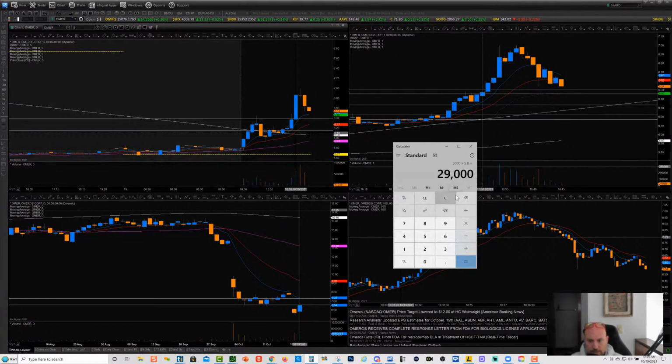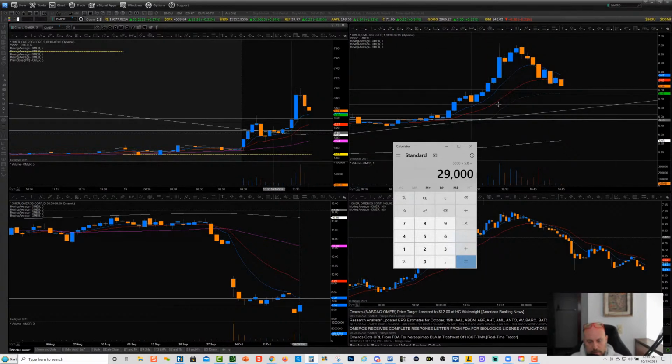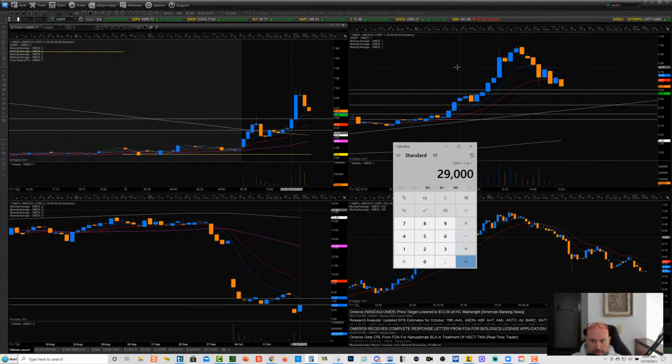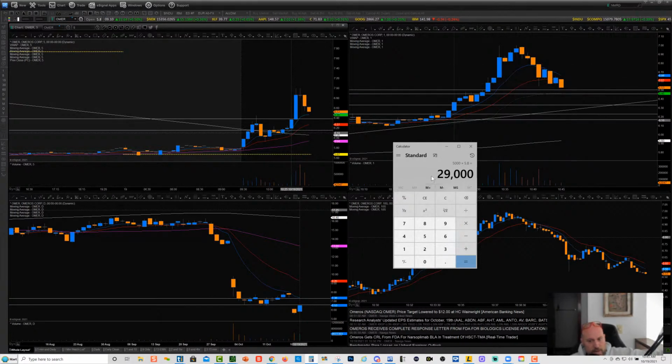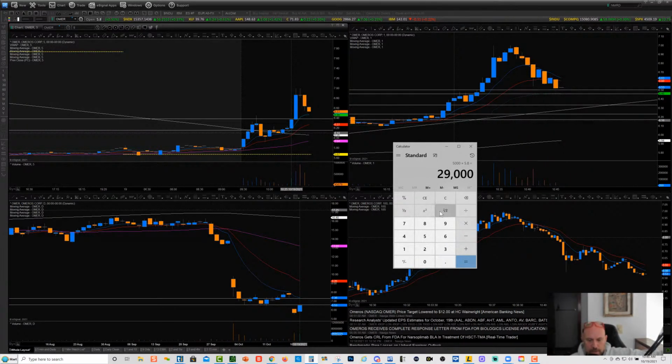So this is where with day trading, you're using your buying power to get those quick moves. You don't just use it all, especially if you're new. You've got to practice, use a paper account. But that's really what you're doing with penny stocks: you're scalping those quicker moves, right? And you're using your account as leverage. But you don't go to an offshore broker or something like that until you know how to trade first. Practice in a cash account, smaller positions, after you practice in a paper account. So paper account first, then cash account, smaller positions, and then